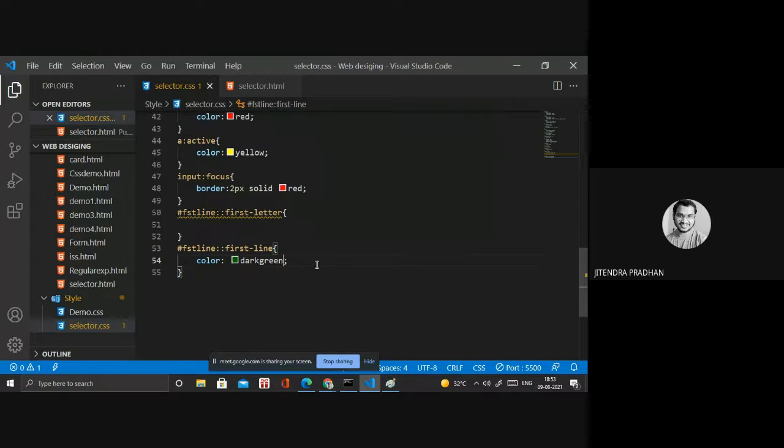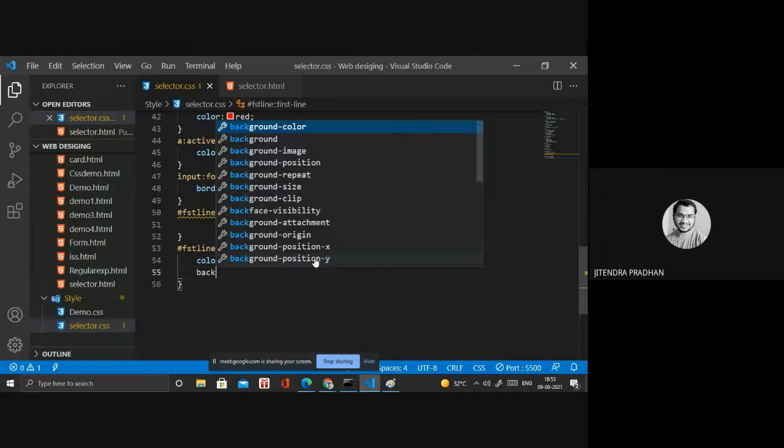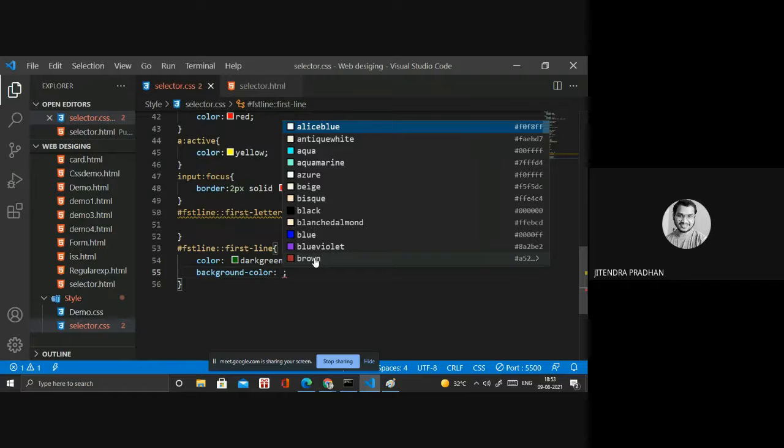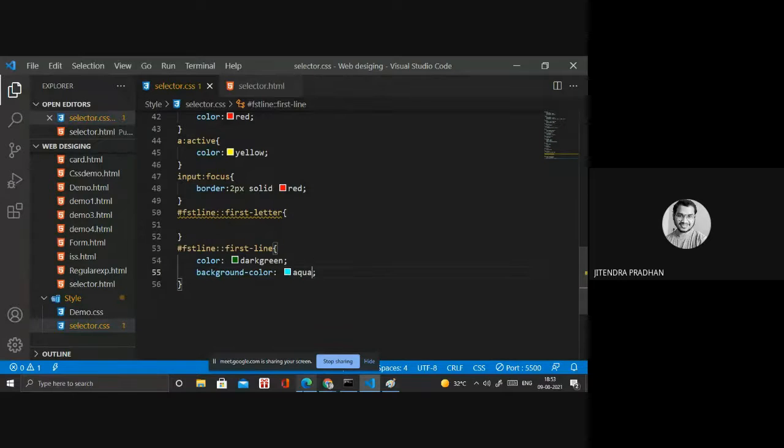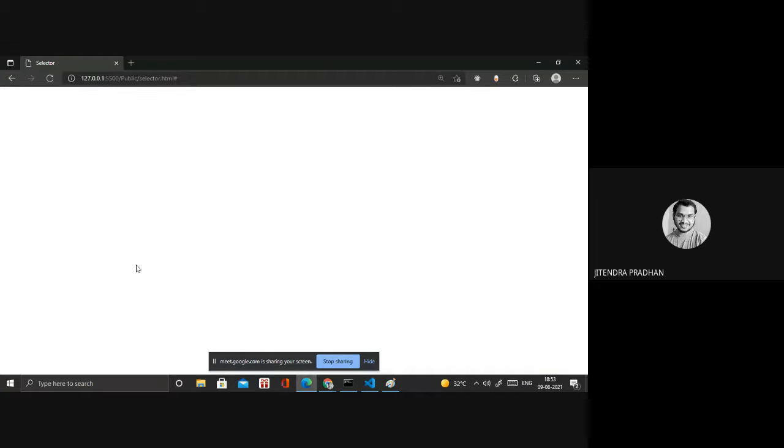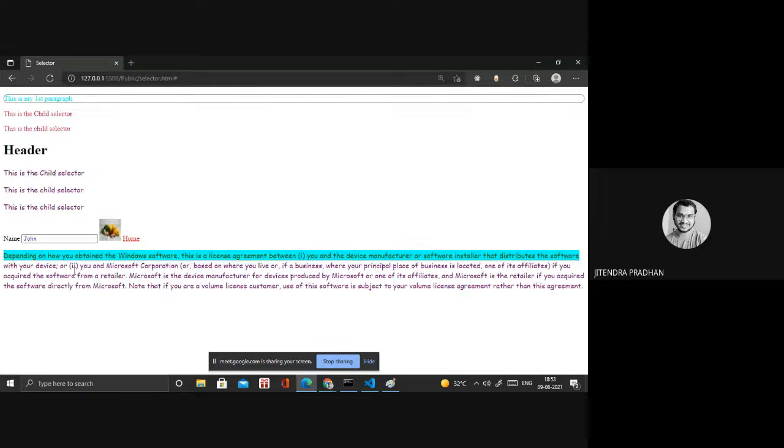Okay, and I need a background color, this aqua. Let's see what happens. The first line will be affected. So if you want to change that first line according to your requirement, you can change the color, background color, border, all these things by using the pseudo element selector.